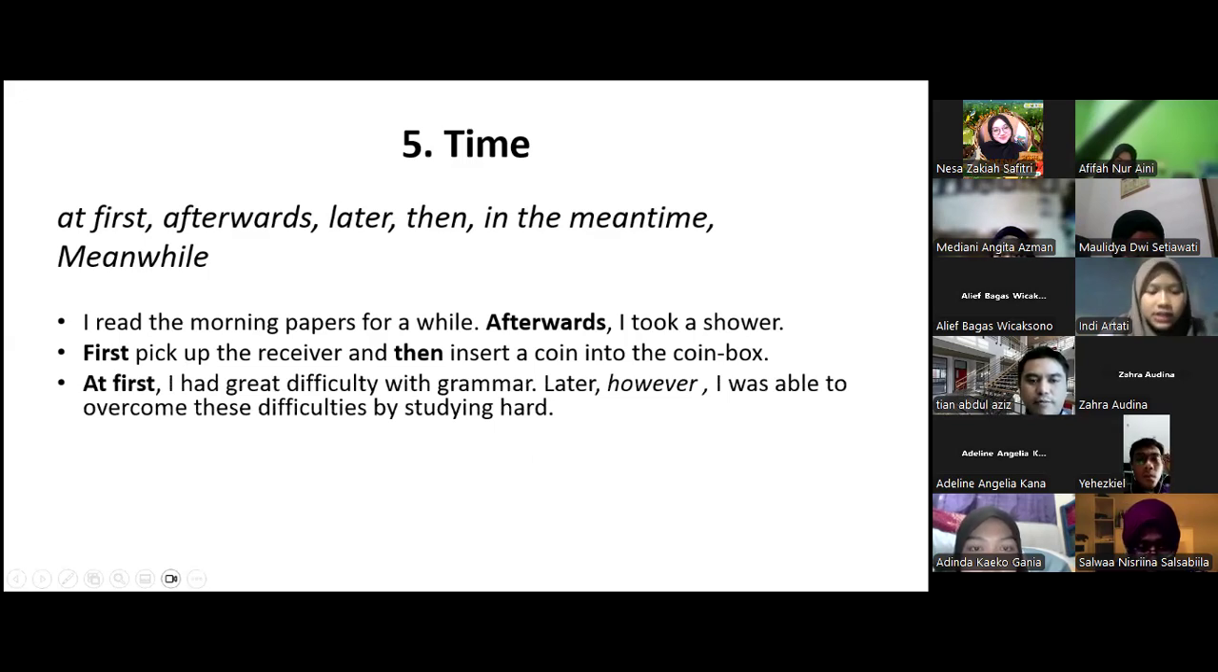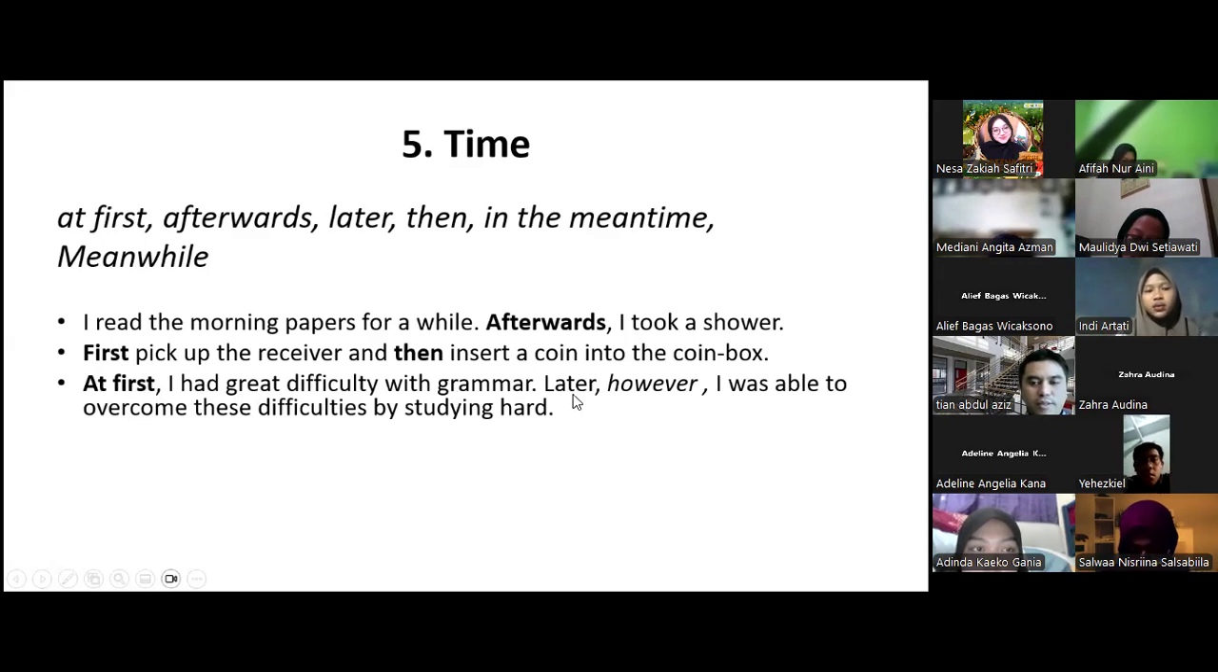Continue, Alif. At first, I had great difficulty with grammar. Later, however, I was able to overcome these difficulties by studying hard. Okay. Here we have two connectors, later and however. It is possible if you use more than one connector. Here, in the first sentence, we use at first. At first, I had great difficulty with grammar. And after at first, we use later. Later, however,